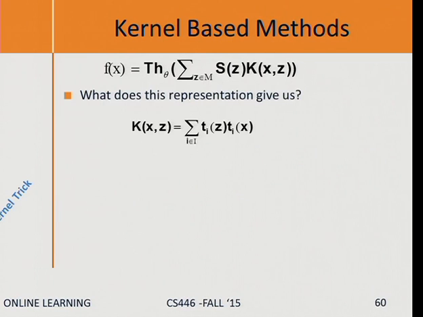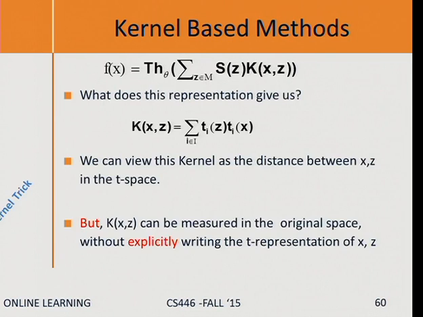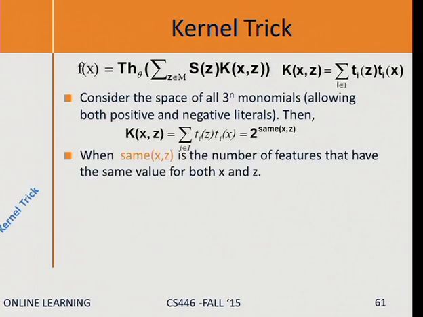Now I show you, okay, you want to compute this. It's going to cost you, because this k of xz is really a dot product between x and z. You're going to do this many times, right? How many times you're going to compute this dot product? One for each element in M. But I'm just showing you how to compute it once. You can either do a dot product here, or you can compute this. That's what I proved. And I suggest that you do this because that's going to be much faster.